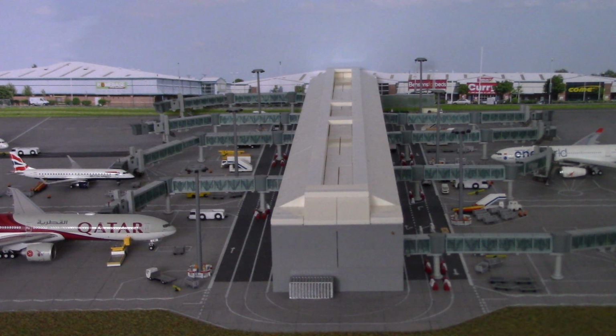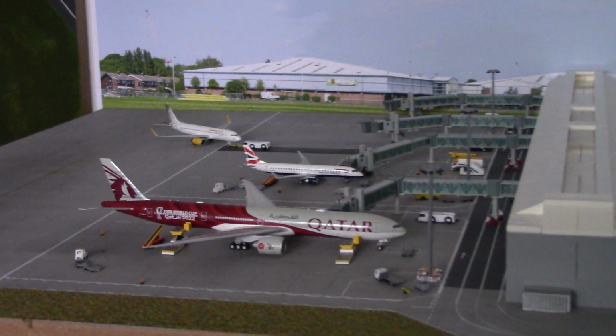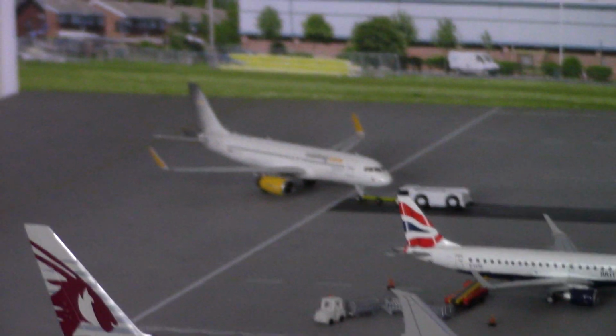This update, literally just before doing the photos and videos, I've had to tweak a little bit because I misjudged something, which I'll explain as we go through the video. I'm going to start off on the left hand side. So if we zoom in,